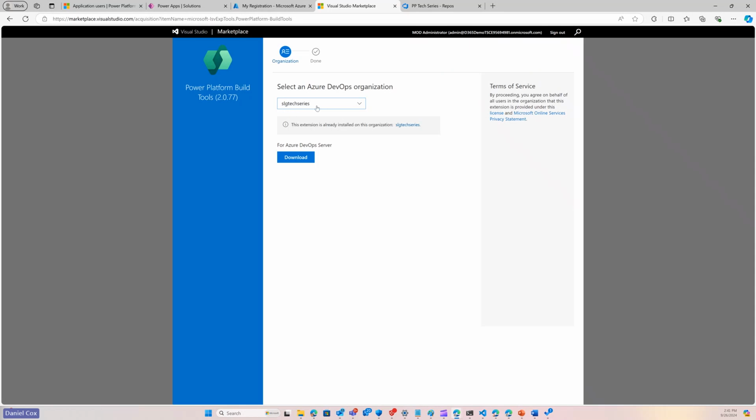Now, you'll notice that it's got SLG Tech Series selected, and you'll also notice that it's letting me know, hey, this is already installed, you're all set. If that was not the case, now I don't have any other organizations here, but if that was not the case, then there would just be an install button and you'd be able to add that to your organization. Okay. So for now, I'm just going to go back to